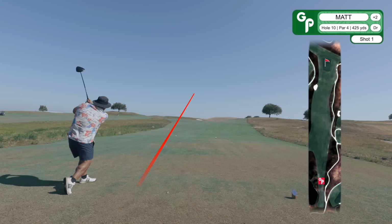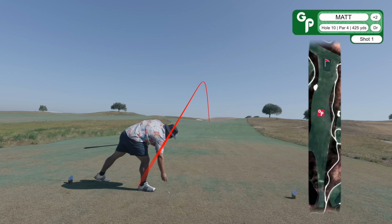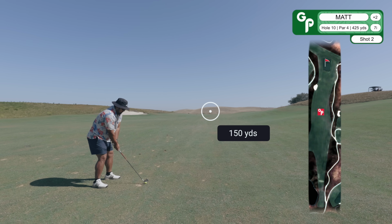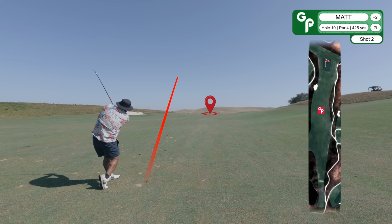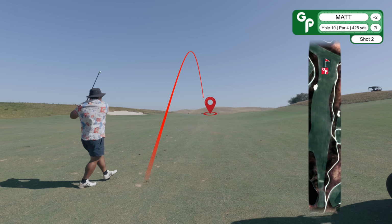Coming up next, a long par 4. This is where I'm thinking maybe the yardage on the card is a little bit longer than the blue tees were actually playing. I didn't have Arccos to verify because it's not on there yet, but having only 150 yards in means I hit a 275 yard drive uphill. I'm not buying it. It's going to be a little short, I think, but...